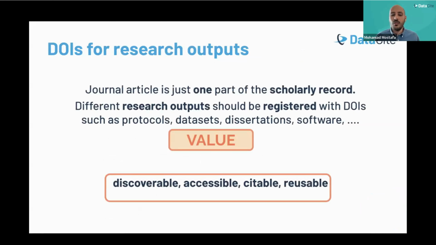And then the key message that we want to spread within this webinar is about DOIs, which Dr. Francis highlighted in his talk, and their importance, and I'm going to explain that in further detail. They can be used for different research output. The common understanding now in the community is to use DOIs for journal articles, but they are just one part of the scholarly record. DOIs should be assigned and used for different research output, such as protocols, datasets, dissertations and theses, and